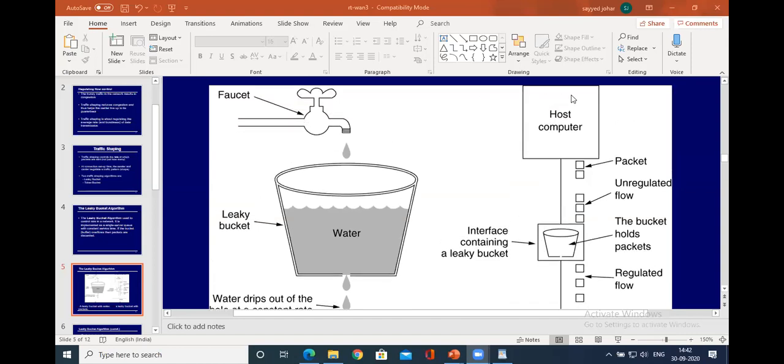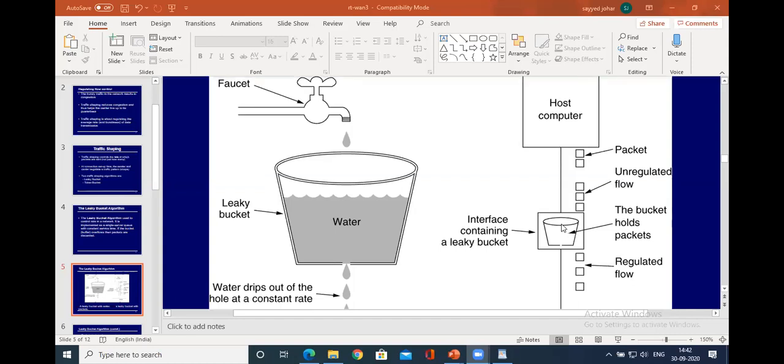The same terminology has been represented here. Here is a host computer. Here is an unregulated flow. So we follow the concept of an interface containing a leaky bucket. This bucket holds the packets.